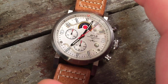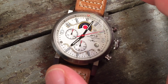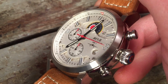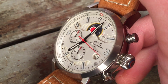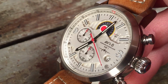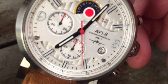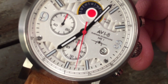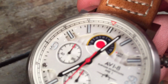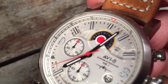To me, the best part of the Avi-8 Hawker Hurricane is the dynamic architecture of the dial. So first of all, just notice the number of layers that we have here. We have applied indices, we have applied Arabics on this top layer of dial here, and then we have a nice depth in the date aperture. Notice that nice metal layer, and then we have, of course, the best part of the watch, the roundel subdial